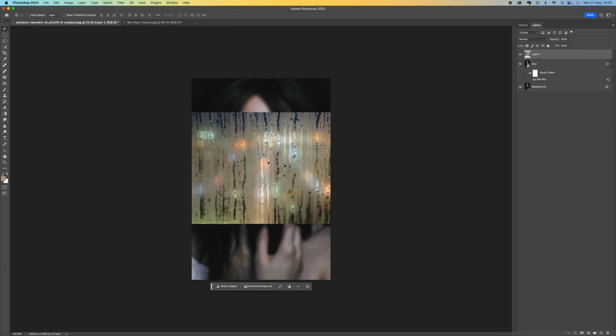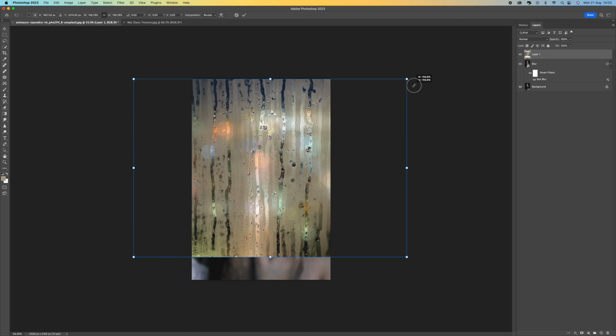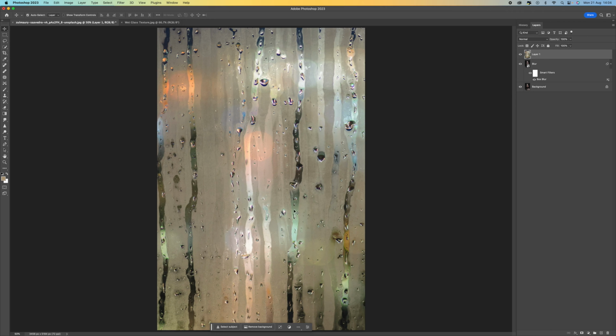So press Ctrl Command T just to transform, and then press the Shift Alt or Option key, and that will then enable you just to resize this and keep the proportions. So I'm just going to push that up till that fits, and then I'm going to hit enter just to say OK. So what we need to do now is we need to look at the actual window effect and